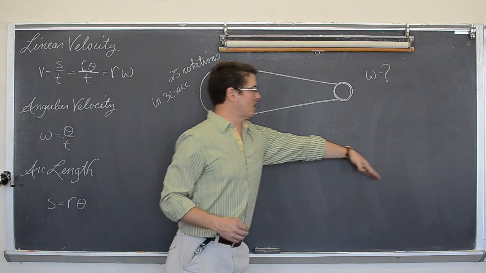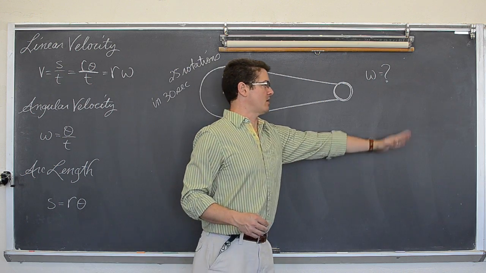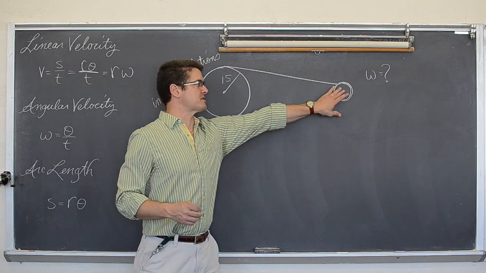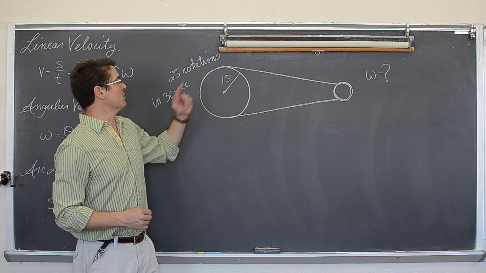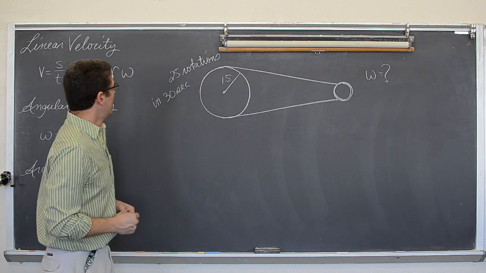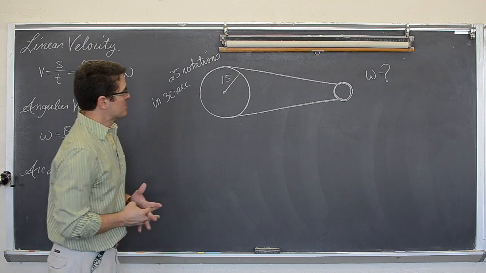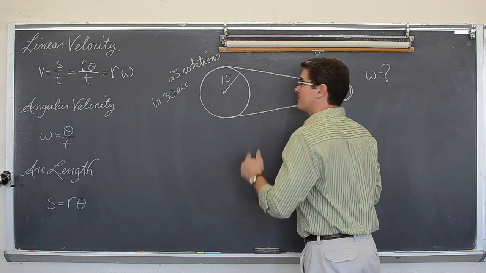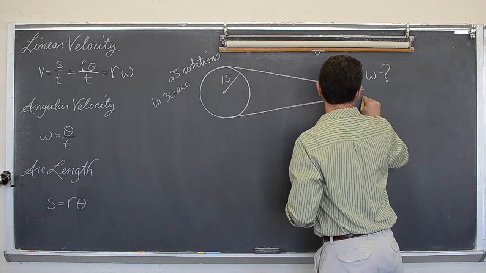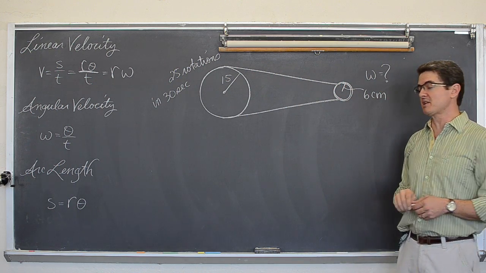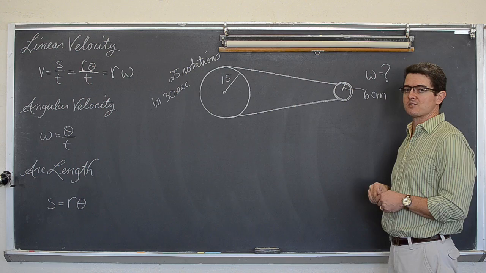We're going to do a two-part thing. We're not going to talk about the entire outside diameter of the wheel, just how fast is that back sprocket turning if you're turning at 25 rotations every 30 seconds for the front sprocket. I'm not sure if this is the fastest way to do this problem, but it's how I'm going to do it. The back sprocket has a radius of 6 centimeters.